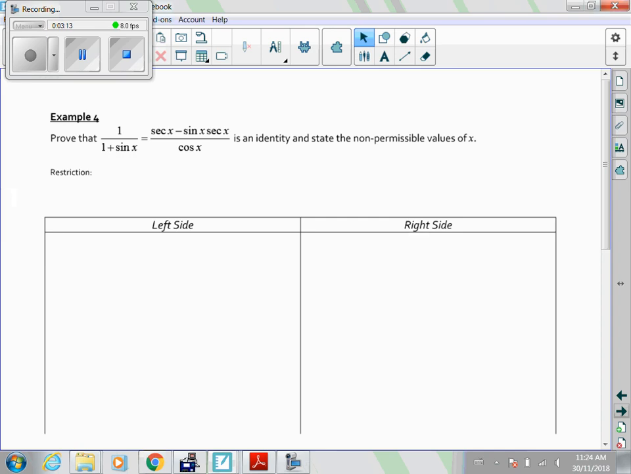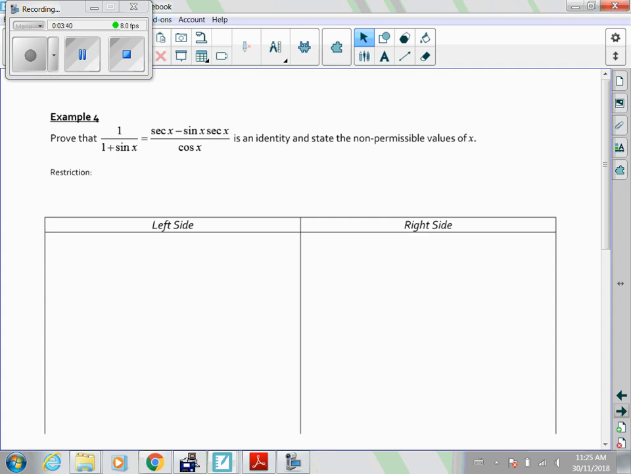1 over 1 plus sine x is equal to secant x minus sine x secant x over cos x. Hopefully we can spot that the right side looks more complex. So instead of working more with the left side, I can just go straight over to the right side. And what I'm going to do here